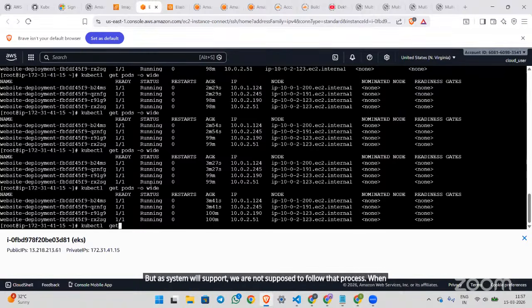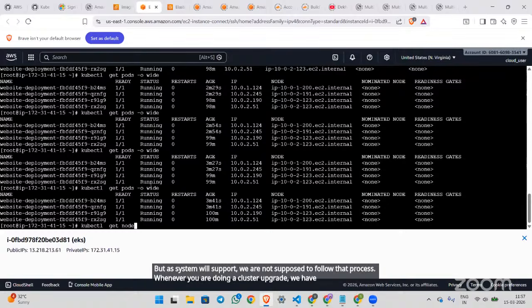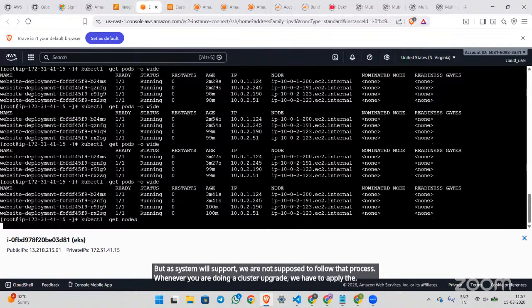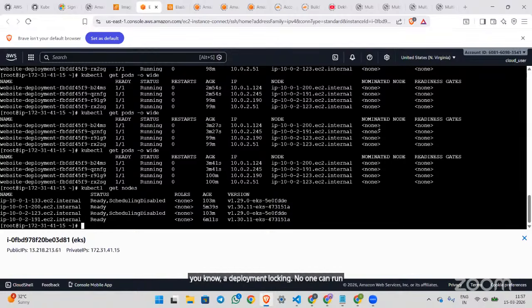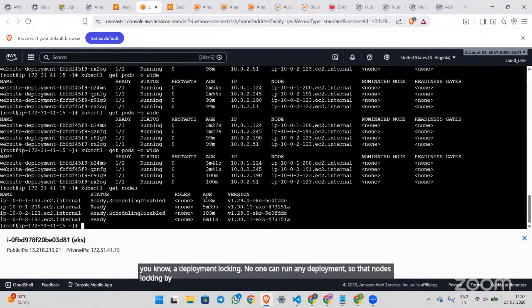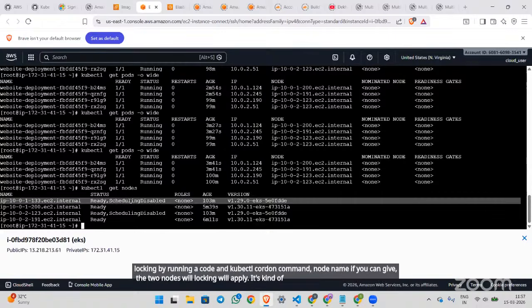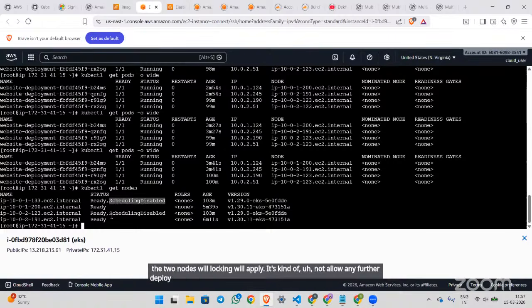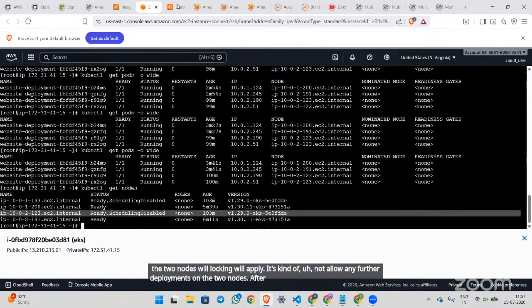Whenever you are doing a cluster upgrade, we have to apply a deployment lock so no one can run any deployment, by running the kubectl cordon command with the node name. If you give two nodes, the lock will apply and not allow any further deployments on those two nodes. After the upgrade is done, new nodes will be created automatically and your deployments will perform. This we also have to take care of.